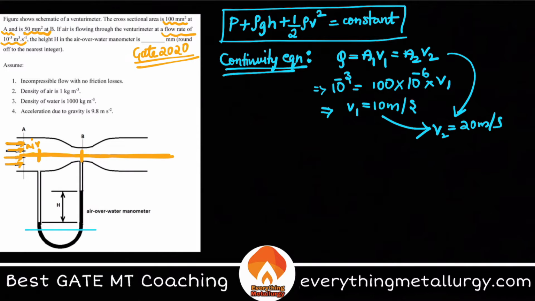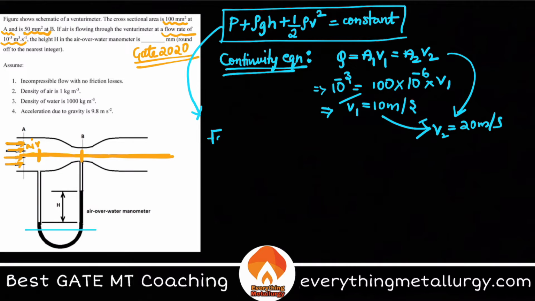So from this also you can directly get it, because the area is halved, the velocity will be doubled. Okay, now you got these two values of V1 and V2. Now we'll go to the next part, applying Bernoulli's principle, right? Here, at this particular level which I wanted to study, of course it is at a constant level, so the potential head, the height term, will be the same for both cases A and B, so it will vanish. So this term won't be there when I am considering this particular streamline in the airflow, right?